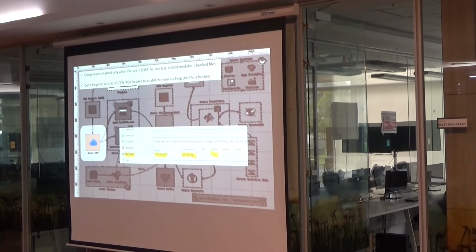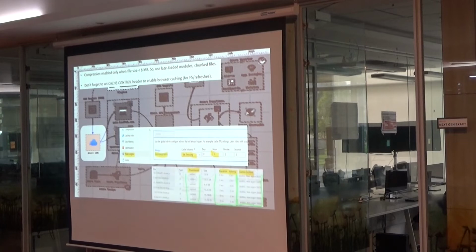So what this cache control header does, we set the cache expiration to 1 hour. If you load a JavaScript file or a static image, it is served with the cache control header max age 3600 seconds. That means it stays cached in your browser. So even if you refresh, even accidentally, it doesn't do a network call, it loads it back from the browser cache. So there's no outbound network request.